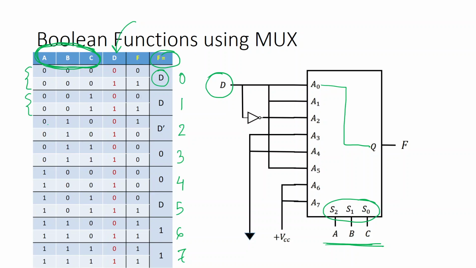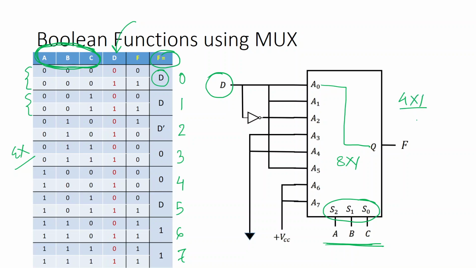So this is a very random example. But whatever your particular problem, you can always draw up the truth table and then express F in terms of D. So if you have 4 inputs and you are asked to find out the expression using an 8x1 mux only, then you have to do this. Suppose you are asked to find out using a 4x1 mux, then also you can do it.